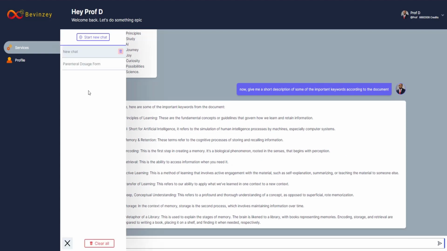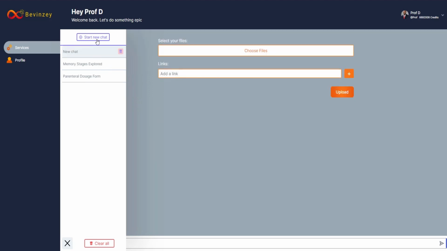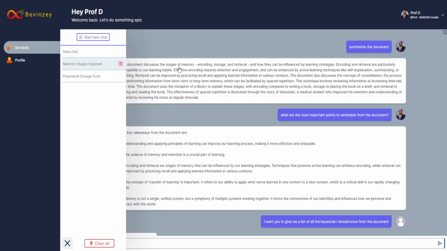And just so you know, when you click on this, once again, you have the history. So this time you have the parenteral dosage forms. That's the one we did earlier. So when I clicked on the new chat, it created a new session right here. And this is the one we just did. So you can go back to it and then you can continue later on or whenever you get back to